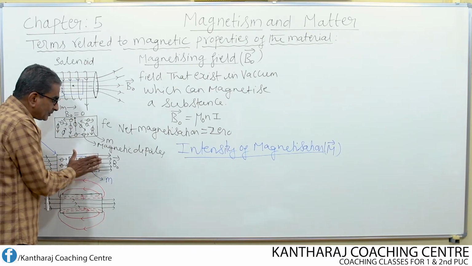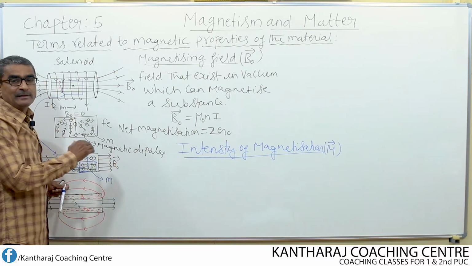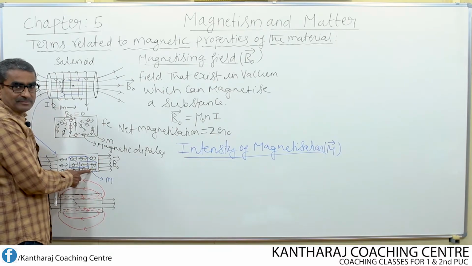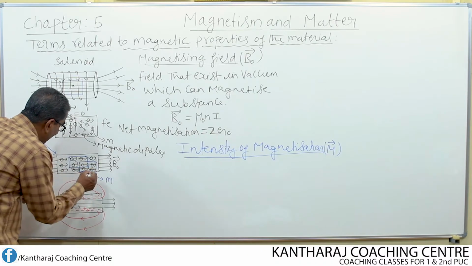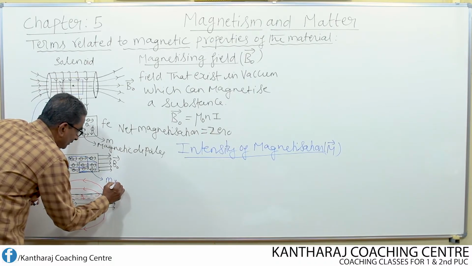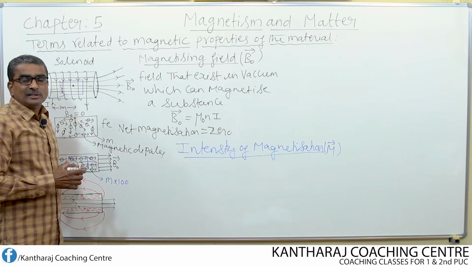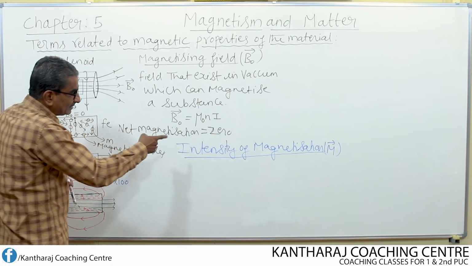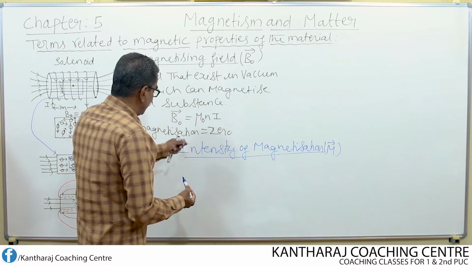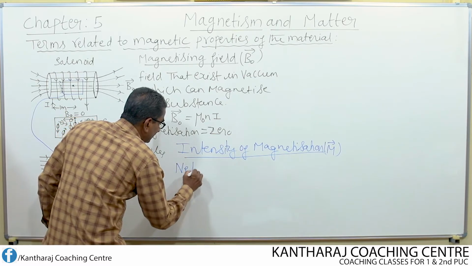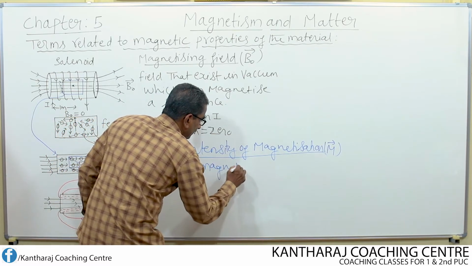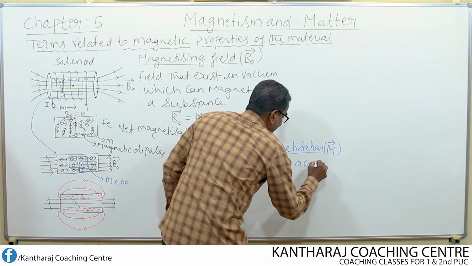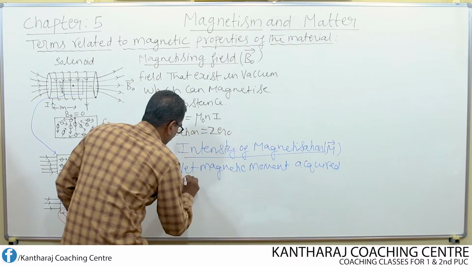If there are 100 dipoles, then consider 100 dipole magnetic moments. That means if m is the magnetic dipole moment of each atom, and there are 100 dipoles within this volume, then multiply this by 100. So that gives the net magnetic dipole moment of unit volume, and that is nothing but intensity of magnetization. So it is defined as the net magnetic moment acquired by unit volume